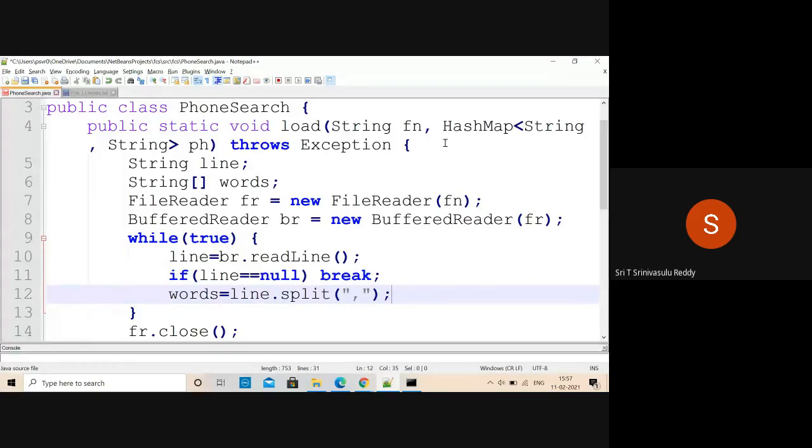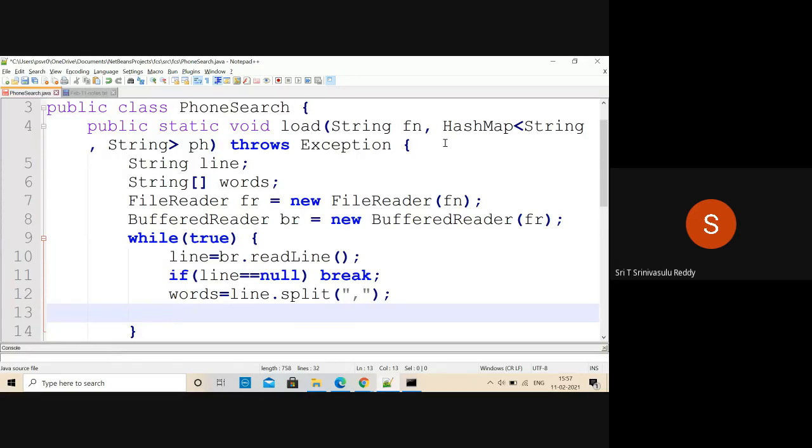Now what are you going to get? You are going to get words of 0, words of 1, like that. All of them will be there as a part of it. Words of 0 will be the candidate name, and words of 1 will be the mobile number. The candidate name becomes the search criteria, so that becomes the key.